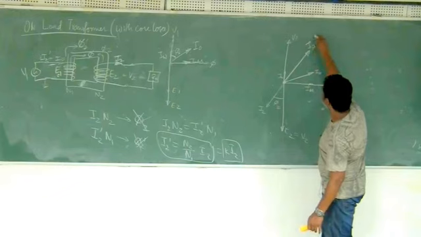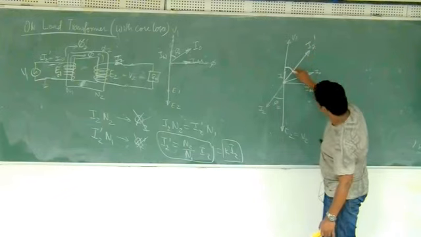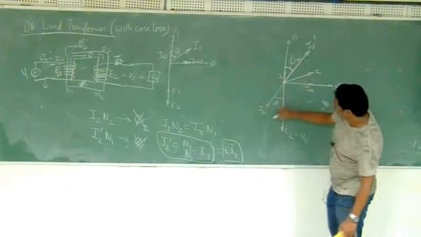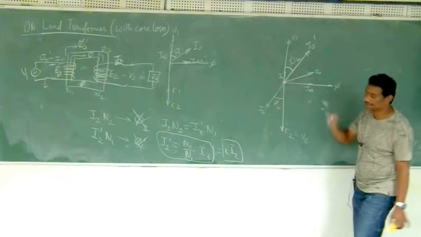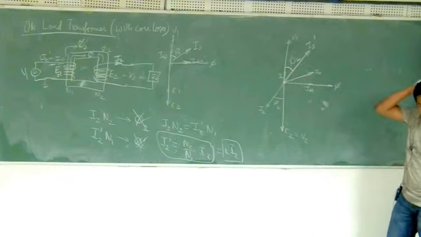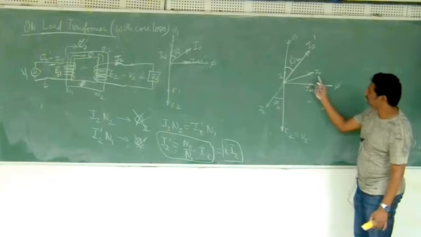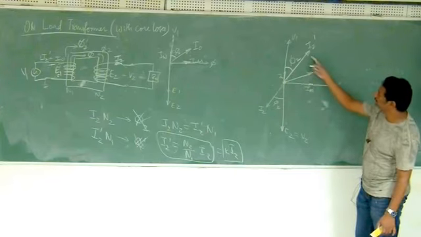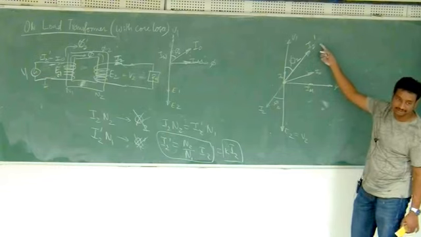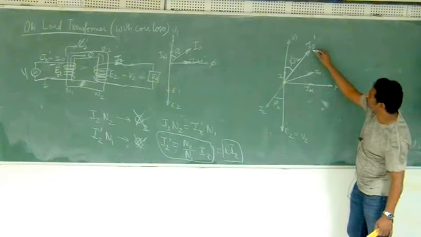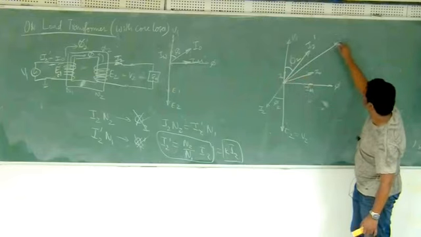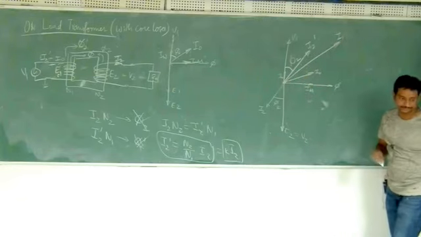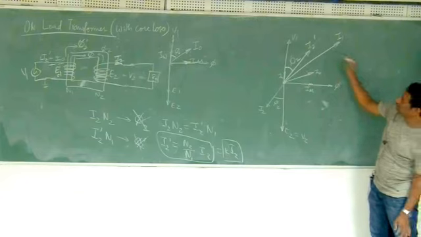This is I2 dash, okay. And what will be this angle? Same as phi 2. This phi 2 will come here, okay, and then this is just going like this. Okay. So this is the component of current under no load, and under loading condition I2 dash is coming. So the resultant of these two, if I complete like this, whatever is the total current, that is my I1 current. Okay. So this is the total current I1.